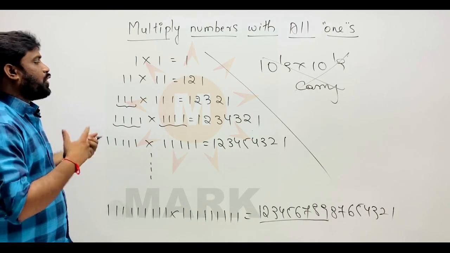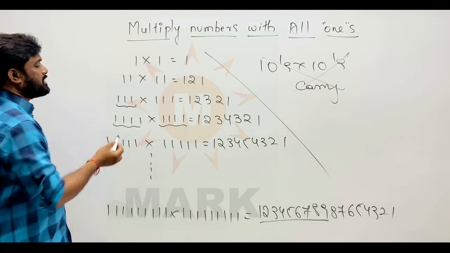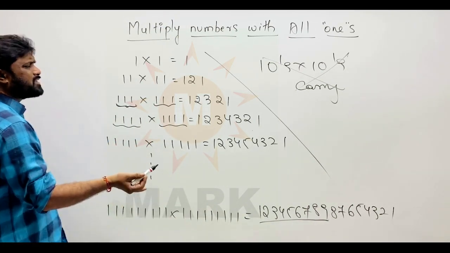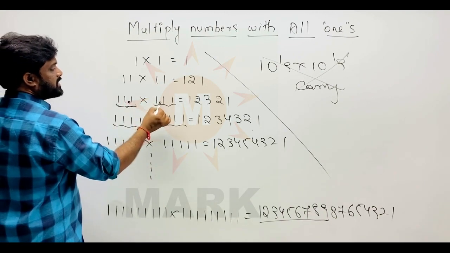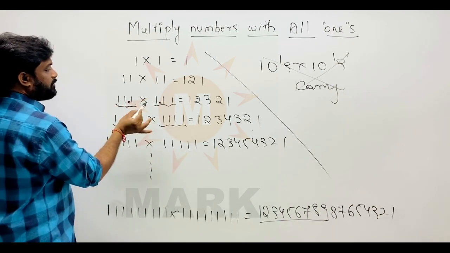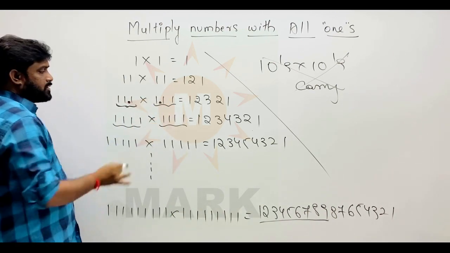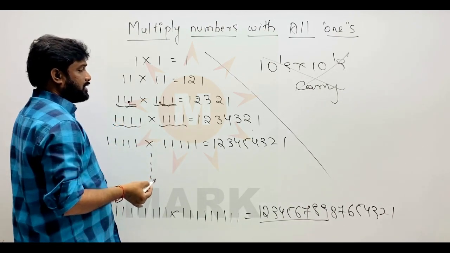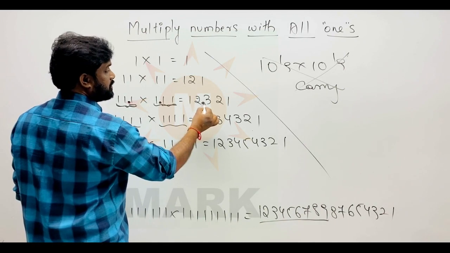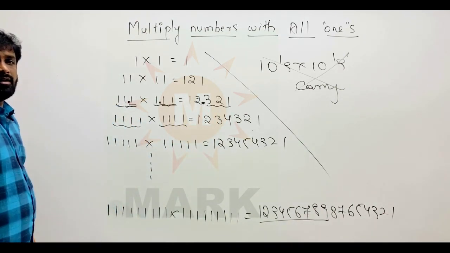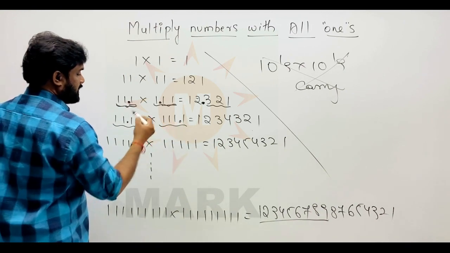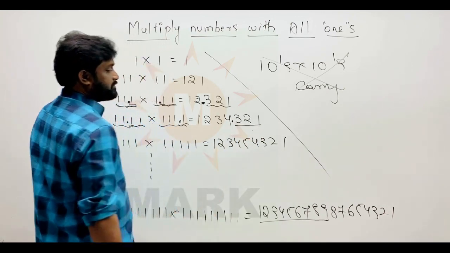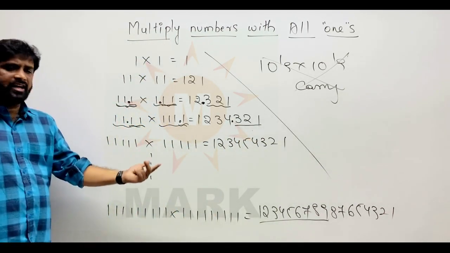Now you can ask me, sir, what is the rule? It is not compulsory that always 3 ones into 3 ones only should be there. It is like squaring a number. Decimals also you can put. Suppose there is a decimal here and a decimal here. So this is nothing but 11.1 and this is nothing but 1.11. After the point, how many digits are there? 1. After the point, how many digits are there? 2. So in the product after the decimal, how many digits should be there? 3. So it is 12.321, something like this. So after the point there are 2 digits, after the point there is 1 digit, so after the point there are 3 digits. Decimals also we can handle very easily.